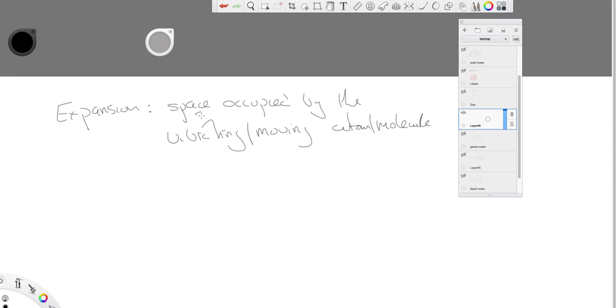And this, of course, is your solid. This is your liquid or your gas. Solid molecules vibrate, liquid and gas molecules are moving around. It's the space occupied by these molecules that increases, leading to an increase in the volume of the solid or the volume of the liquid or the volume of the gas. It is not the atom or molecule